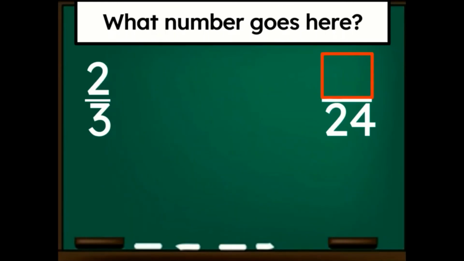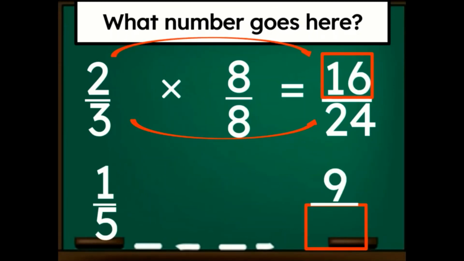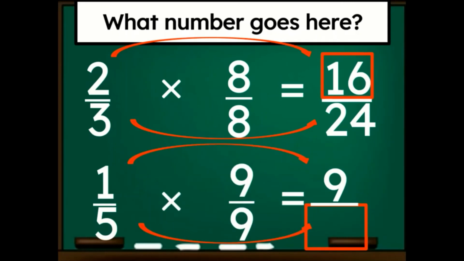Here, I'm looking, I've got a bigger number, so instead of dividing, I must be multiplying. And 24 divided by 3 is 8, so 3 8s are 24, and then I've got to multiply the top by 8 to do the same at top and bottom. It's multiplying by 1, I get 16/24. Here, multiplying by 9 on the top, so the same on the bottom, I get